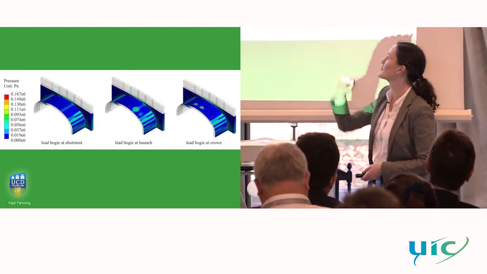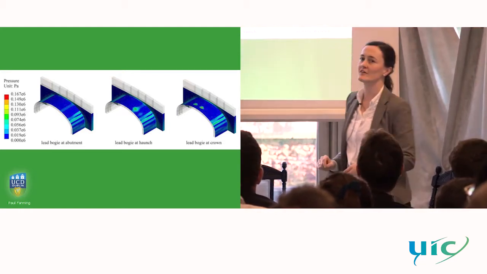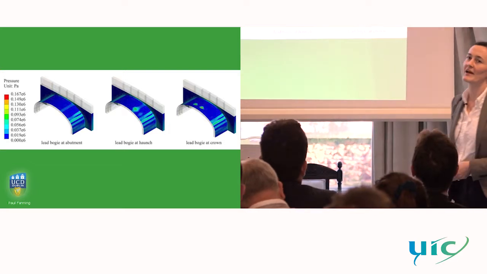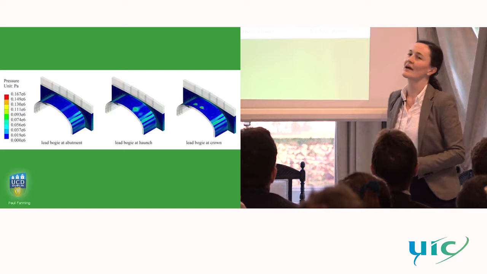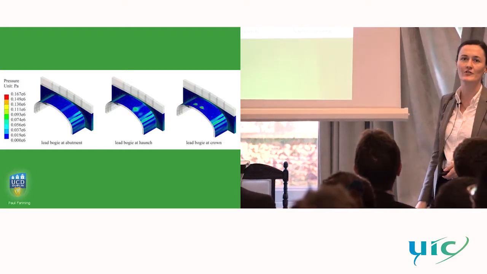As it approaches the haunch, the front axle becomes more concentrated, while the rear axle remains quite evenly distributed. And as you approach the crown, you can see that those contact pressures are becoming